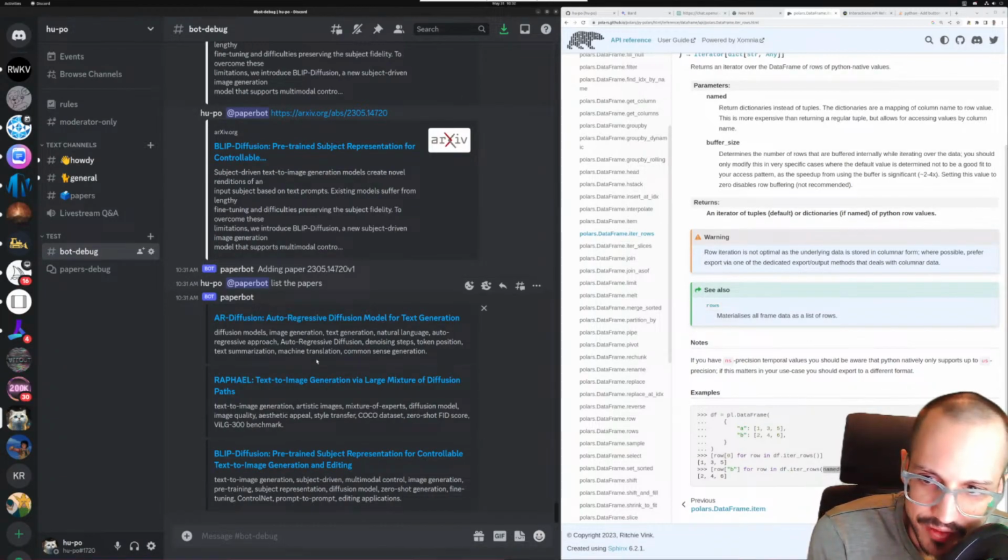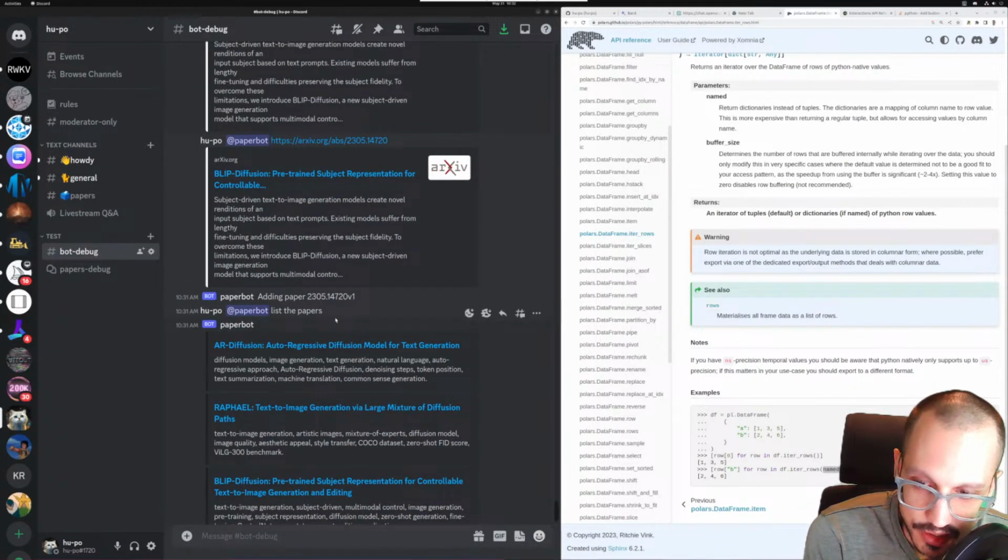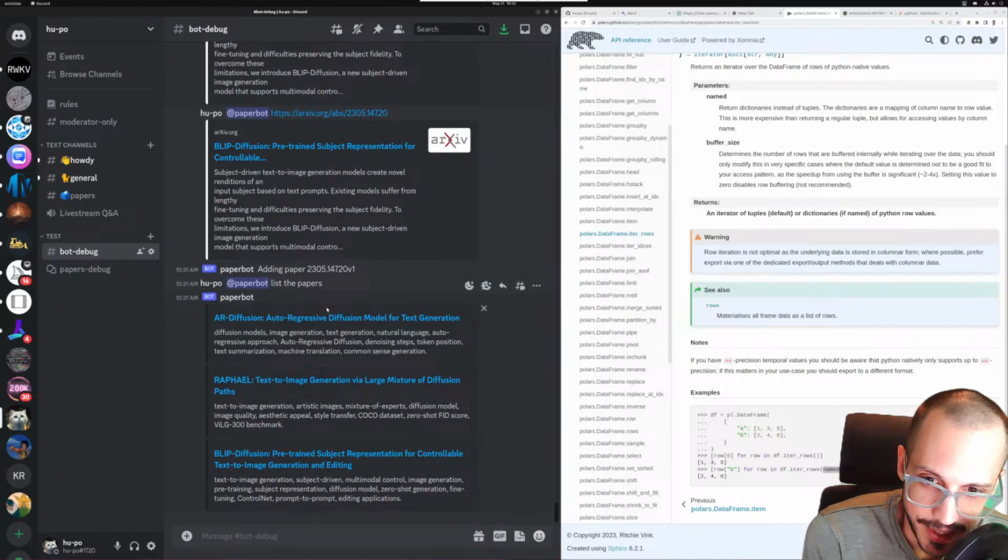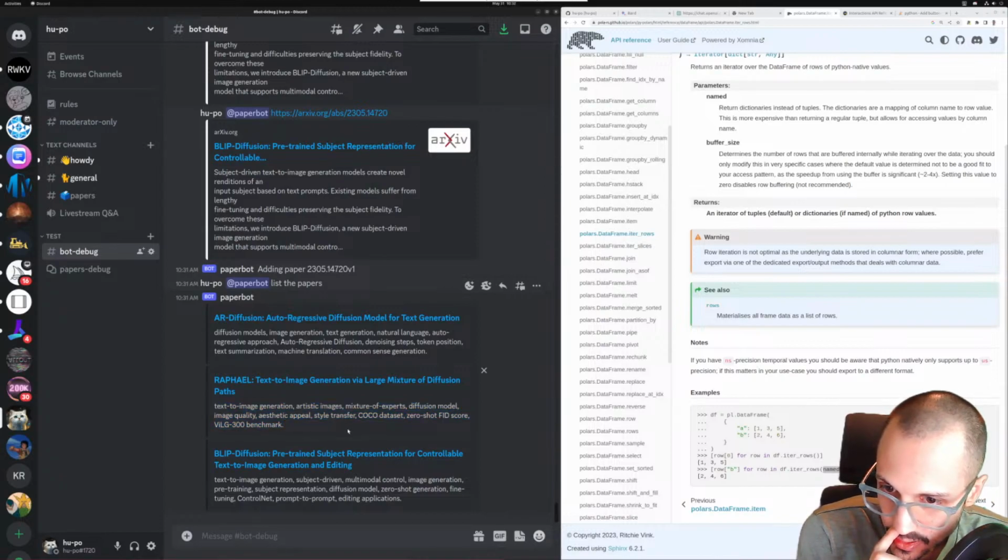So now we have the ability to add papers. We have the ability to chat. We have the ability to list the papers. And we have checking that makes sure that the papers don't get double added. And then we also have automatic creation of these tags from the abstract of the paper. So